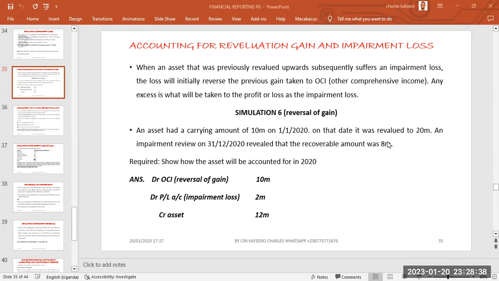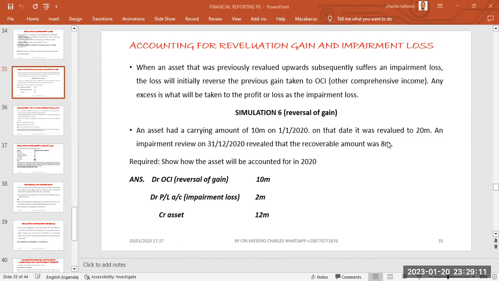This is now the third video about the IAS 36 impairment of assets. The first one was about the theoretical aspect. We did the second one, and it was showing how we can identify whether the asset is impaired. And we did the computations. We showed how we treat the impairment loss in the financial statements, and